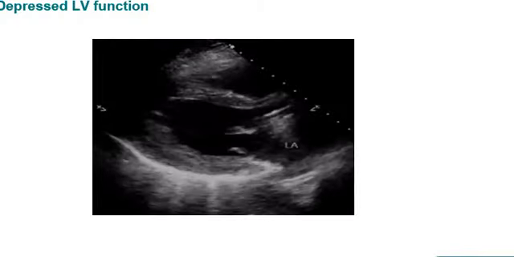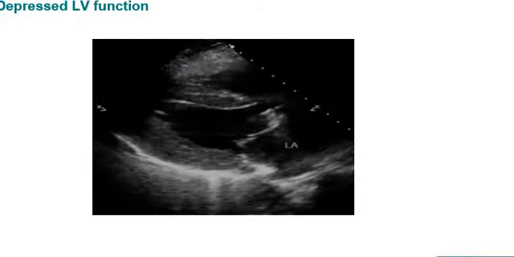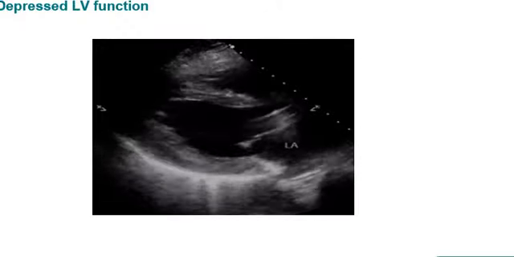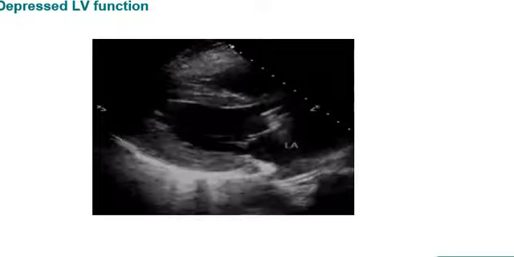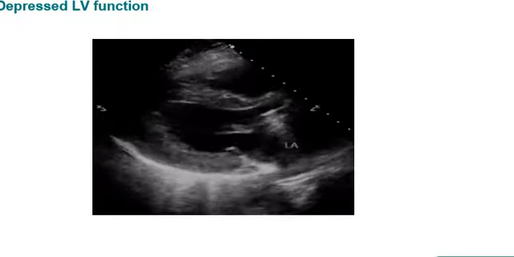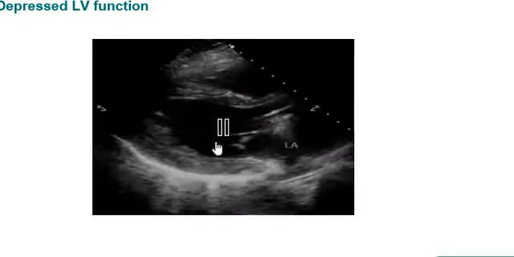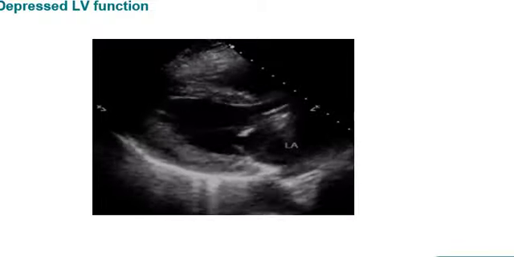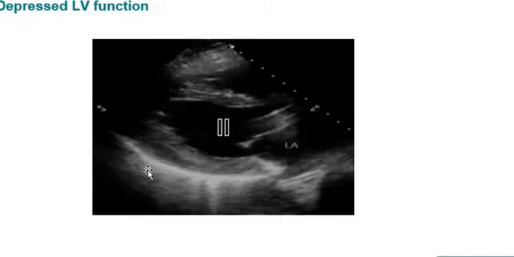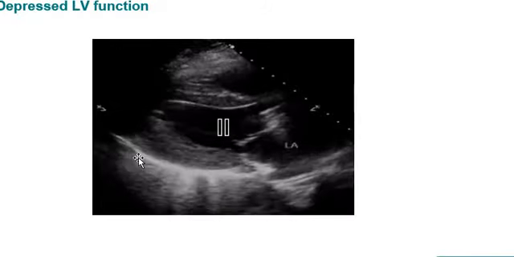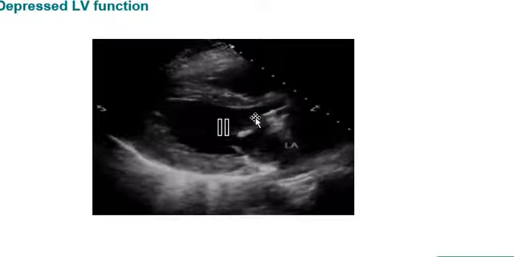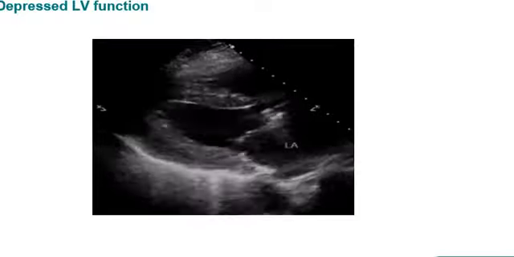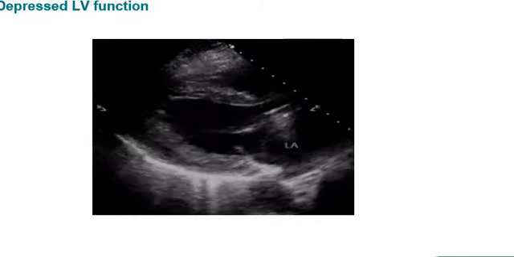And this is another echo view. We can see the movements of the mitral valve. The mitral valve leaflets are not at all touching the interventricular septum. So we can easily see that the ventricular function is depressed, a mildly depressed left ventricle. Sometimes you can see pericardial calcification also, and we can see that this is a gap. This is called the E-point septal separation, which you can easily assess from the mitral window in the plax view.